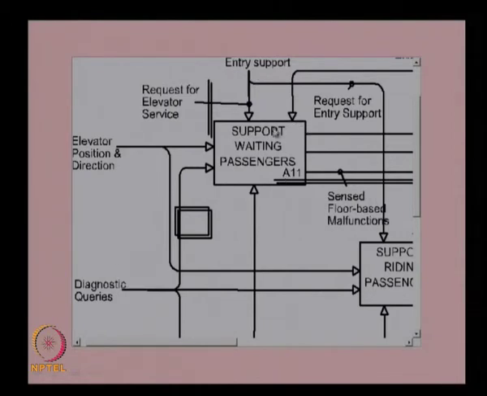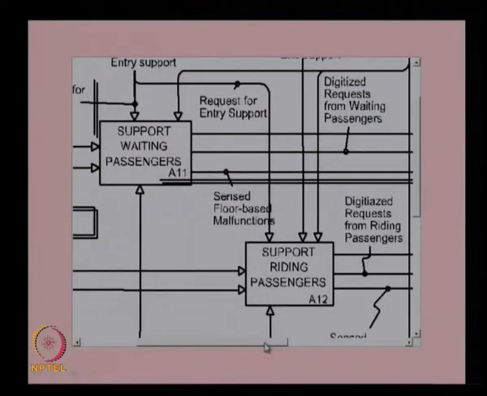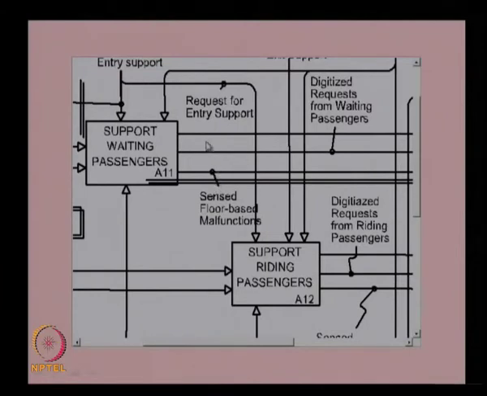So again, if you go further down into A11, you can see that there will be a component, or an electronic component, which actually converts the signal to a digital signal and sends it to the next function. So A11 as well as A12 are providing the digitized output using this signal and then giving the information out to the next level function.